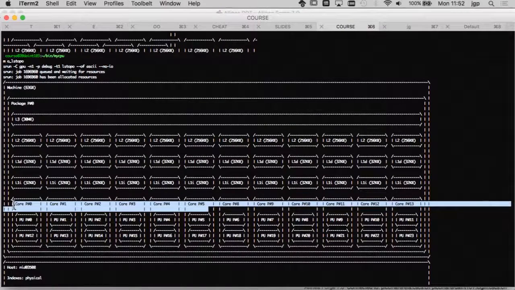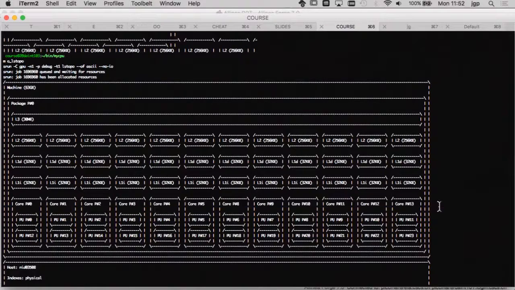Actually, the physical cores, because you have 0, 1, 2, 3, 4, 5, and then it jumps directly to 8. So I don't know, cores 6 and 7 are used for the system, but not for you. But in total, you have 12 cores.